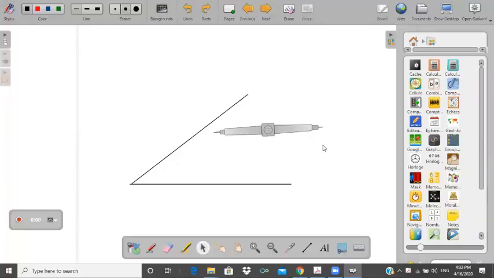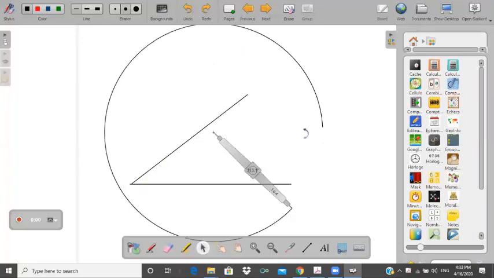Now how to draw? Look at this. Whenever we come here, you can see the double-headed arrow. It is drawing.